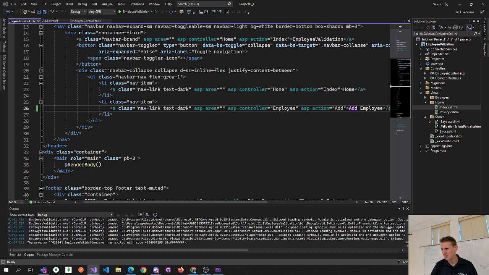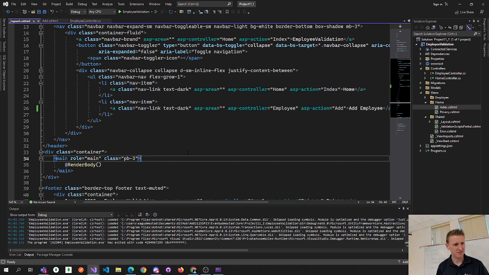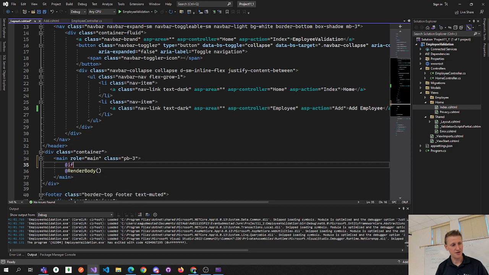Okay, we did do a little bit with temp data. I want to add in that temp data. So here, inside of main, back inside the layout, I'll have an if temp data keys contains